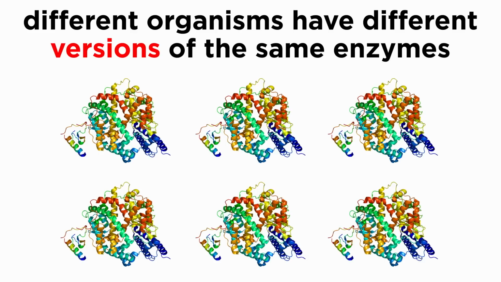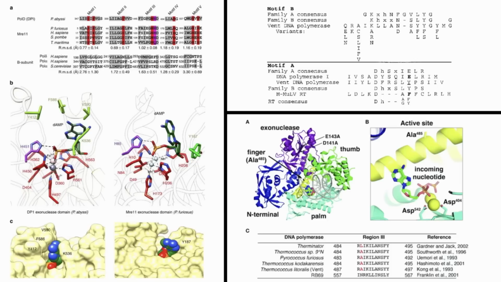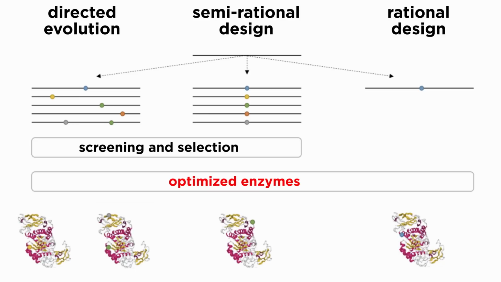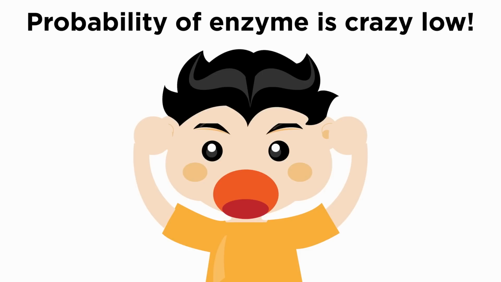And finally, we know for a fact that many different sequences can perform the same function because different organisms have different versions of the same enzymes. Looking again at DNA polymerase, different organisms have different polymerase enzymes. They have different sequences, and we give them different names, yet they all copy DNA. With genetic engineering, we manipulate the amino acid sequence of enzymes to make them perform more efficiently than the natural counterpart. There is tremendous variability and nothing is perfect in the first place, so this is lazy propaganda on the